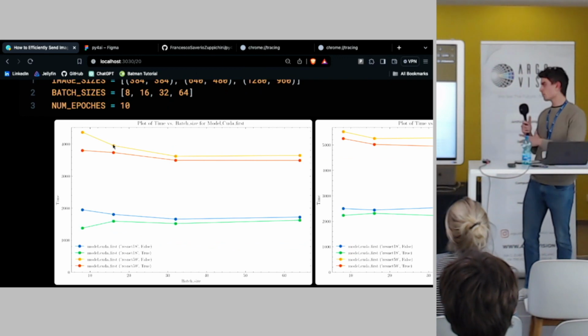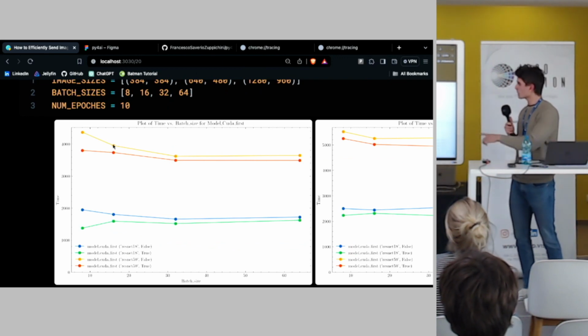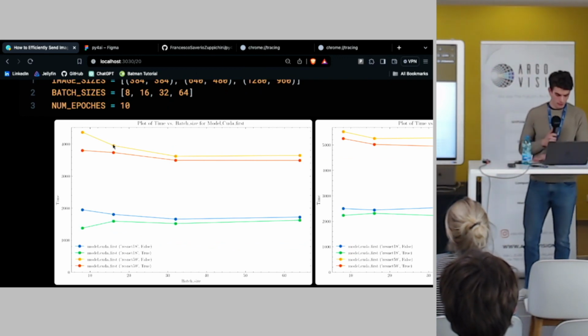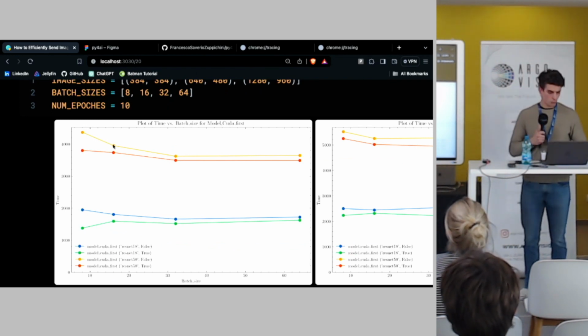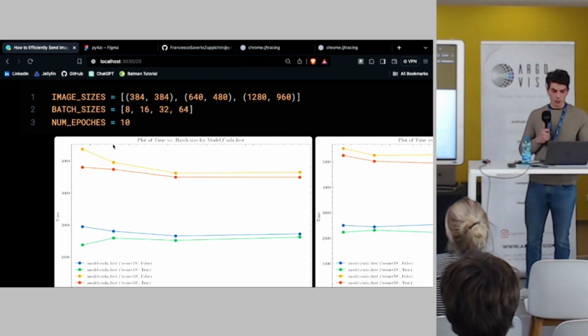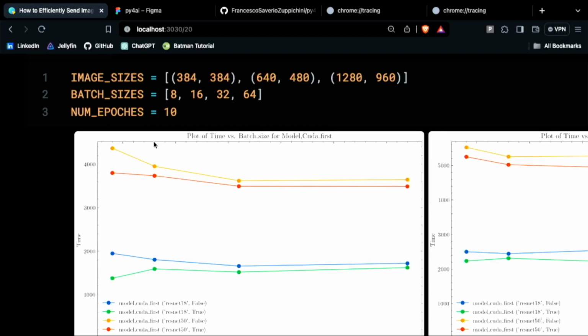Still not super big models, but it just takes so long to run this that I didn't have more time. And I have a bunch of batch sizes between 8 and 64, and a lot of image sizes as well. So I want to know, given different types of models, batch sizes, and images, which one is really faster